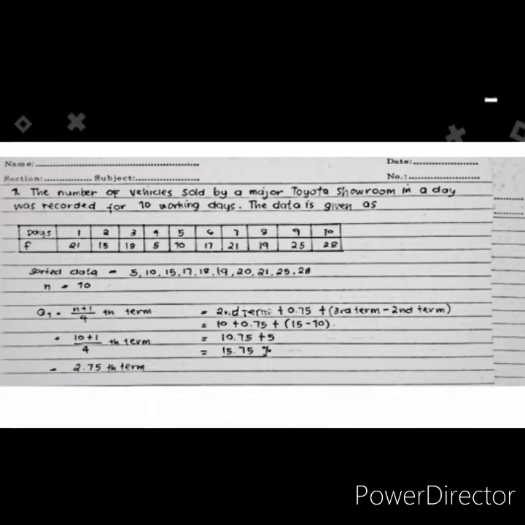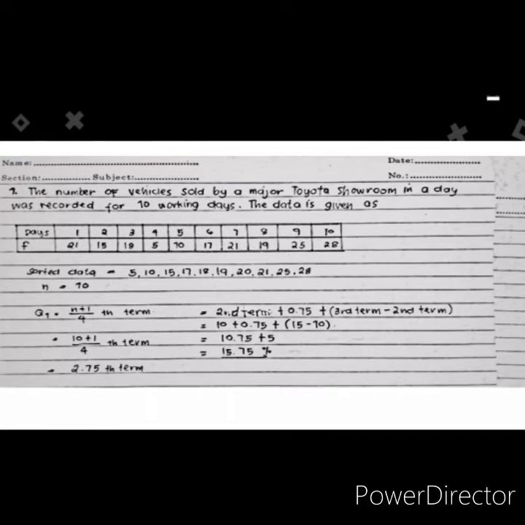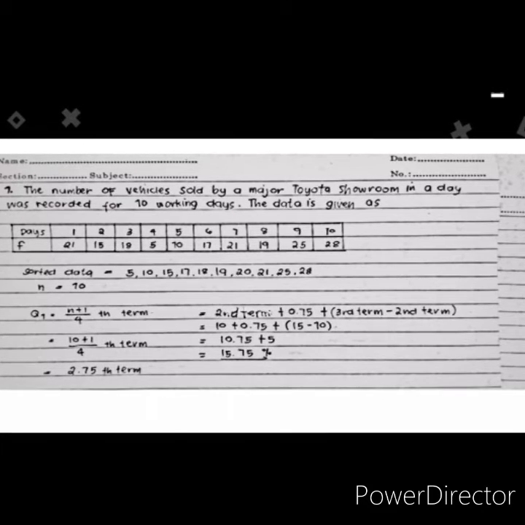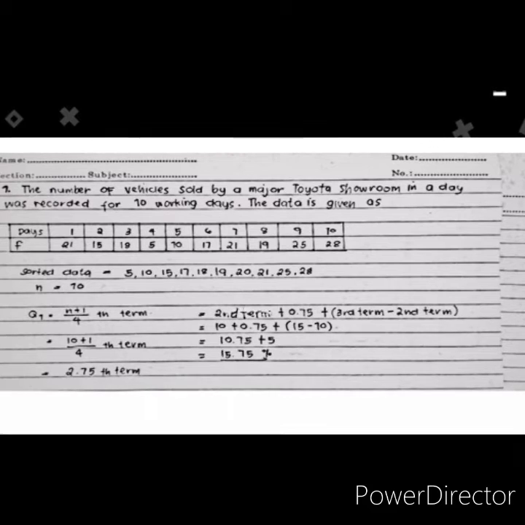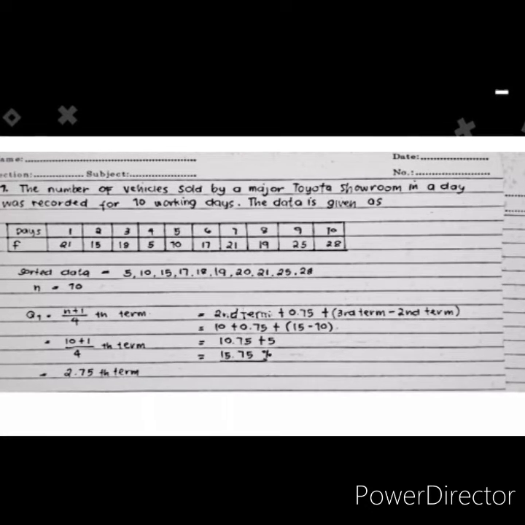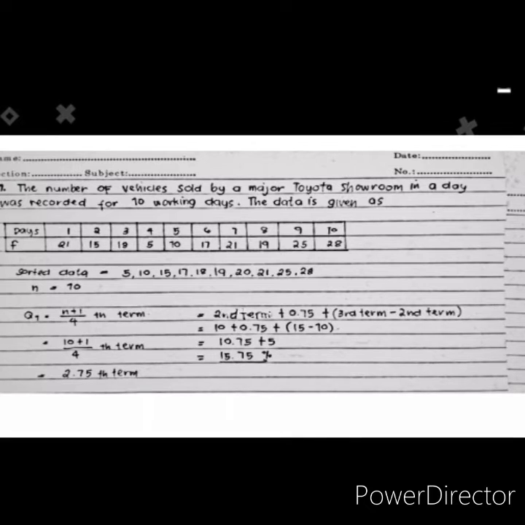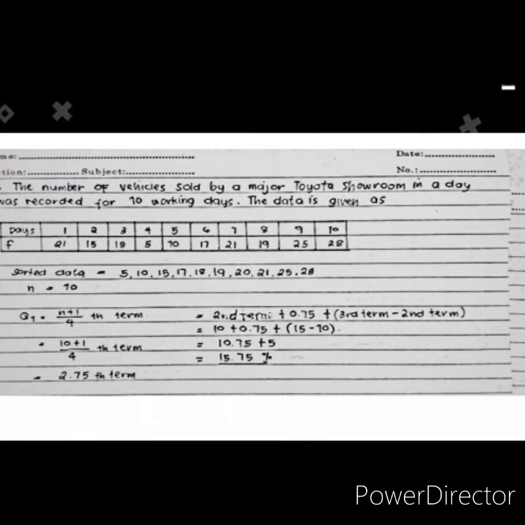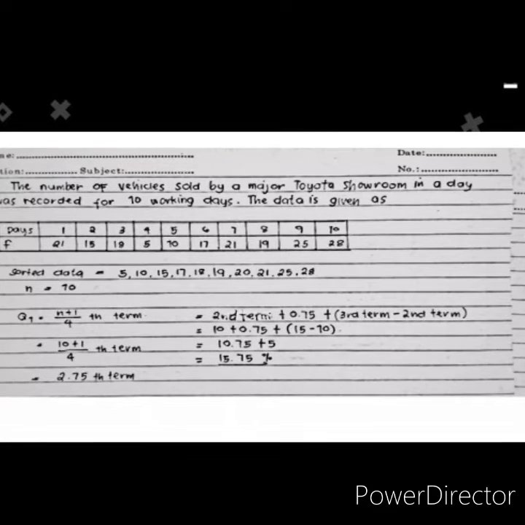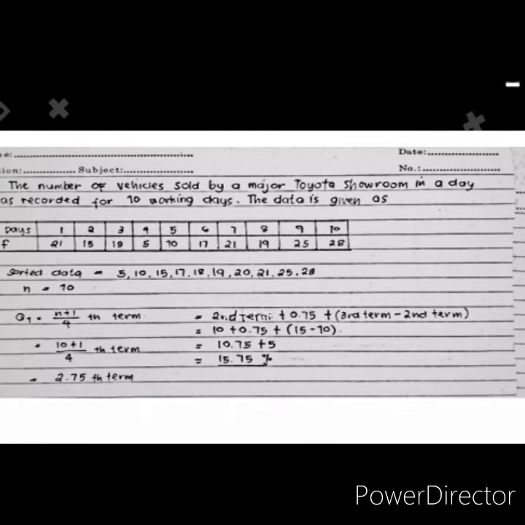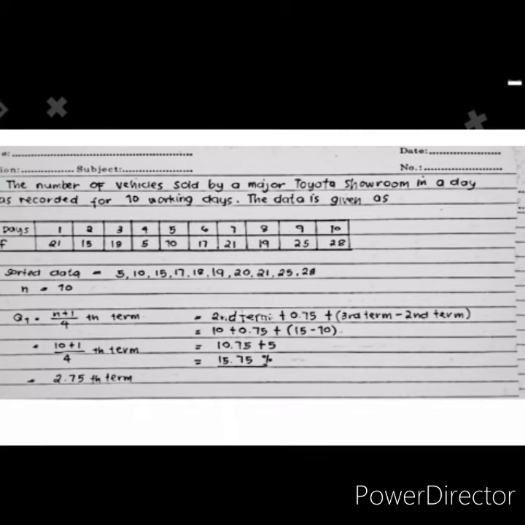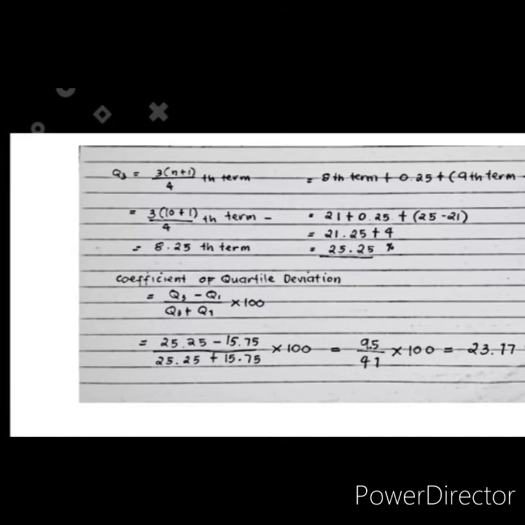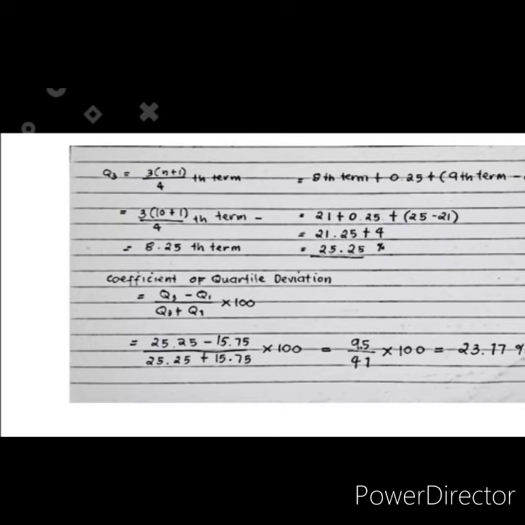So for quartile 1, we have the (n plus 1) over 4 nth term or item, which is 10 plus 1 over 4, equal to the 2.75th term. So we take the second term, 10, plus 0.75 times the third term, 15, minus the second term, 10. So we have 10 plus 0.75 times 5, which is